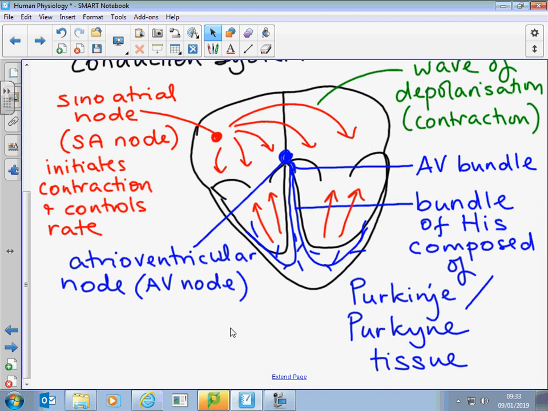I had to go and have it burned out, the little accessory pathway that was looping it back round through the AV node. So I went to Papworth and they threaded electrodes through my heart and burned that bit out, and it doesn't do it anymore. I can feel it trying to sometimes, but it doesn't cause me any problems now, which is good.